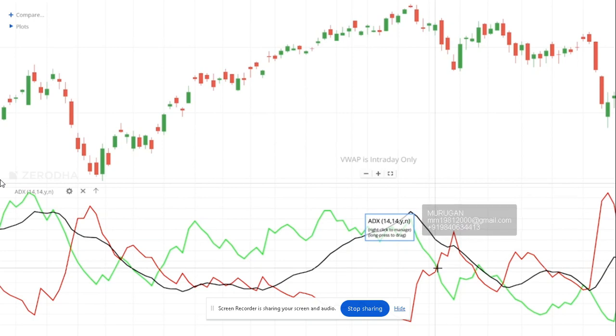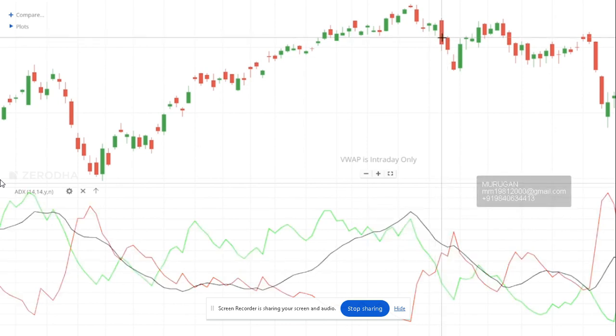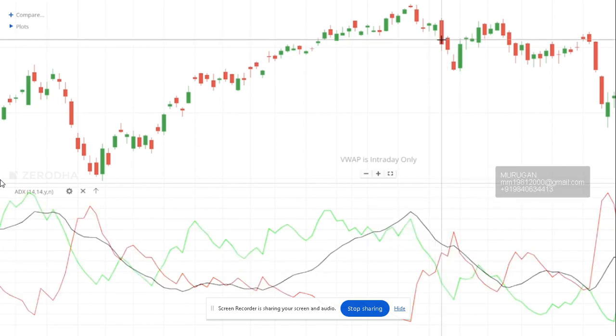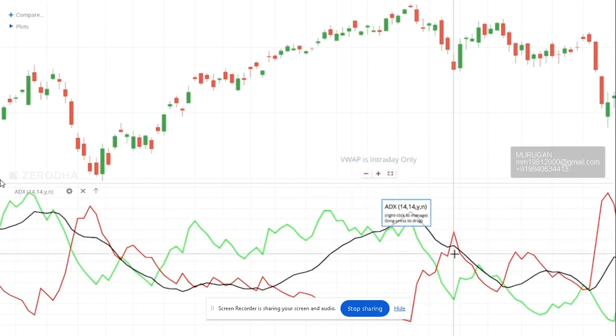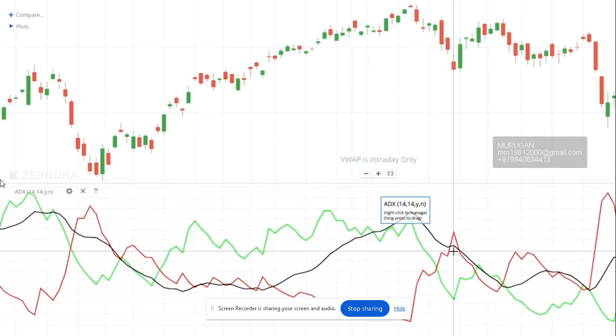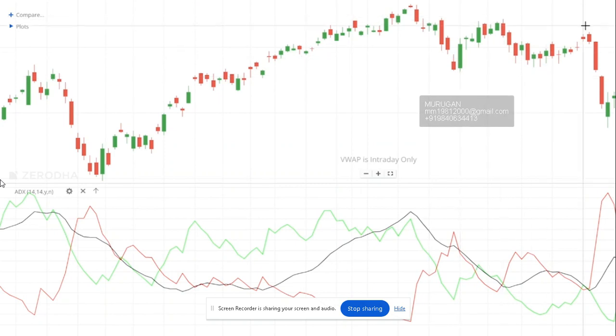At this point of time, the green line has become lower than the red line. The market is bearish. But the market is bearish, will you buy a put option? No. Why? Because the ADX is in a falling trajectory. ADX has to be in an upward trajectory, then only you should buy. Falling trajectory, no. Okay, that's why you see the market came down, then again went up, came down, again went up, choppy.